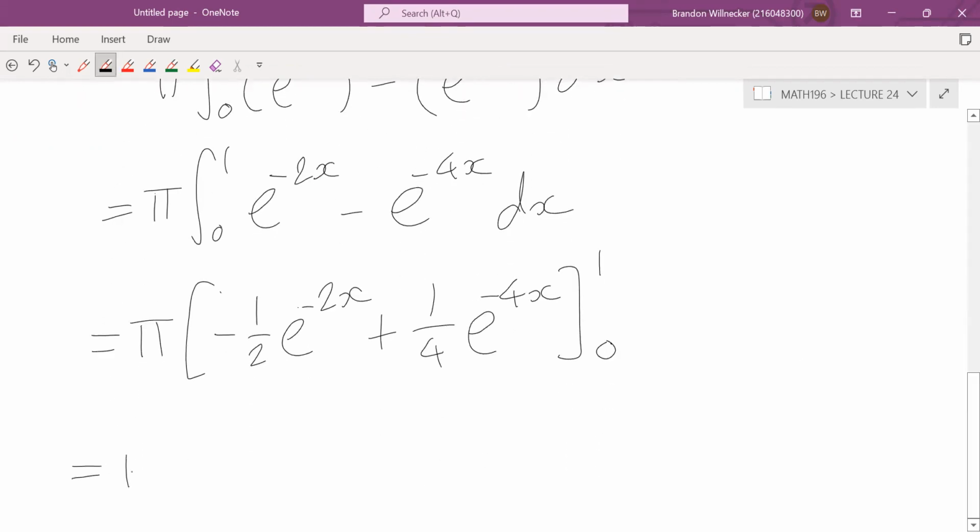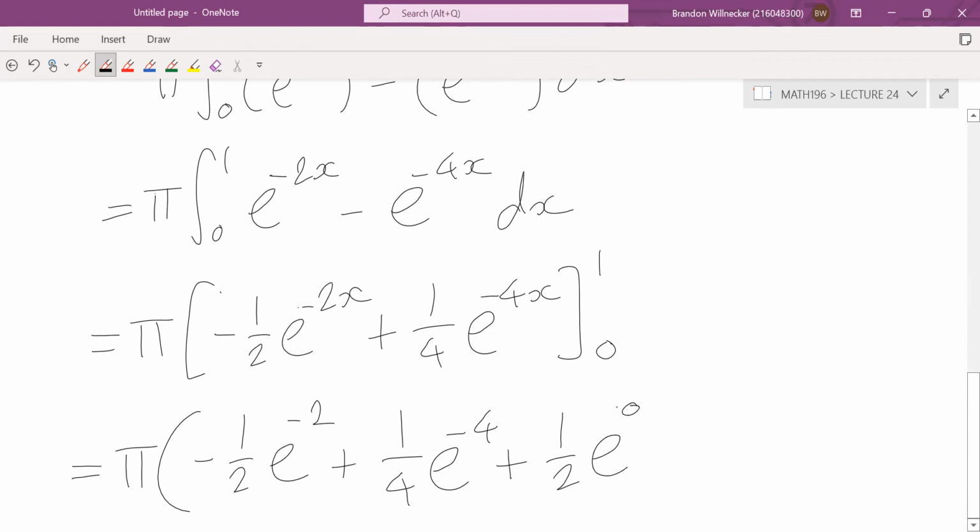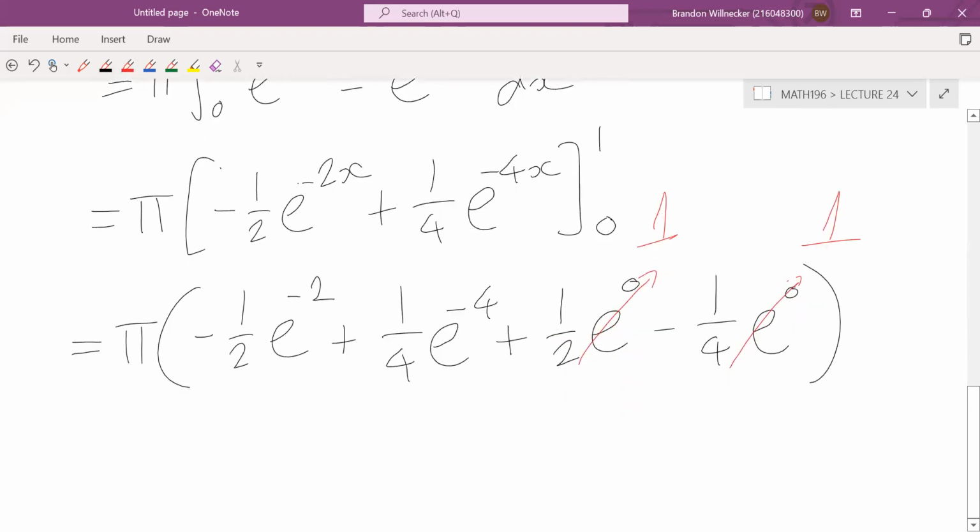Okay, so this is going to be pi minus 1/2 e to the minus 2, because x is 1, plus 1/4 e to the minus 4, because x is 1, plus 1/2 e to the 0, minus 1/4 e to the 0. Okay, but anything to the power 0 is just 1. So that and that, they're both 1. So we end up with pi minus 1/2 e to the minus 2, plus 1/4 e to the minus 4,